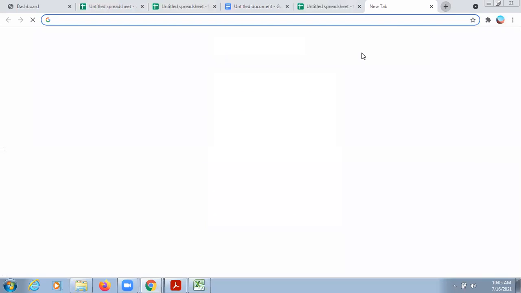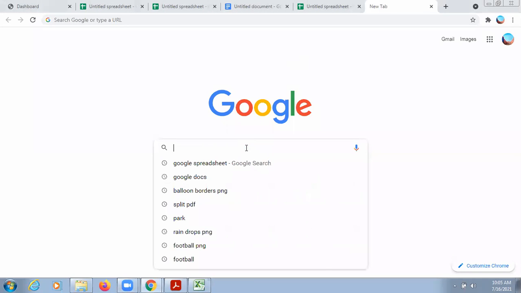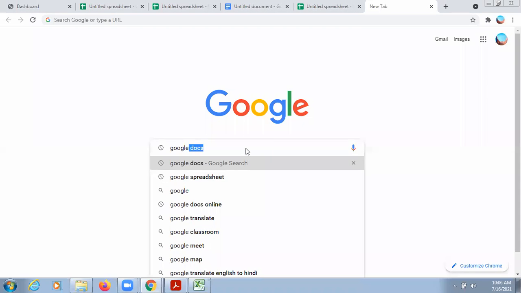You can go to Google and search here for Google Sheets.